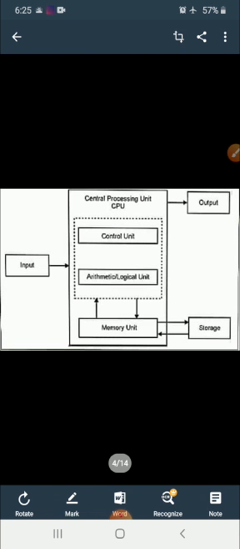CPU consists of three units: one is the memory unit, next is the arithmetic and logic unit, shortly called ALU, and the control unit. Let us discuss each one of them in detail again. Last one is the output unit. The output unit is formed by attaching the output devices to a computer. The output unit of a computer accepts the information from the CPU and displays the output in a user-readable form. The commonly used output devices are Visual Display Unit (VDU), printer, speakers, etc.